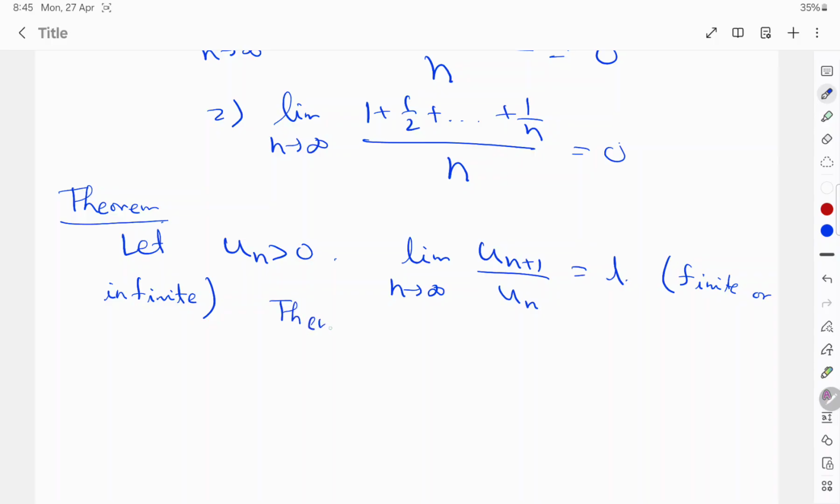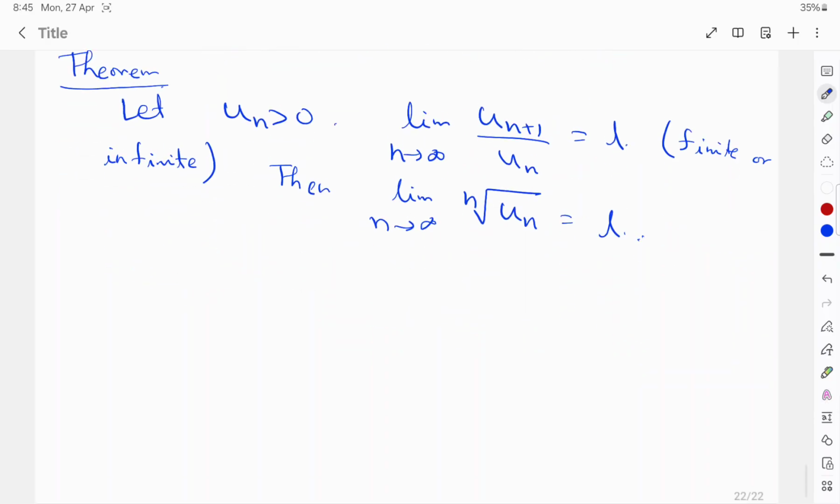Then limit as n tends to infinity of the nth root of un is also L. So basically if you have the ratio of two consecutive terms being L, then you actually get that the nth root of un is also L. This is very important whenever we do series. There you will see this type of result, okay. Anyway, so how to prove this thing? So consider the case